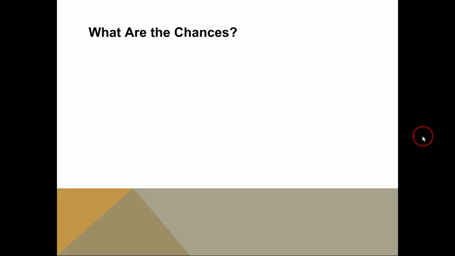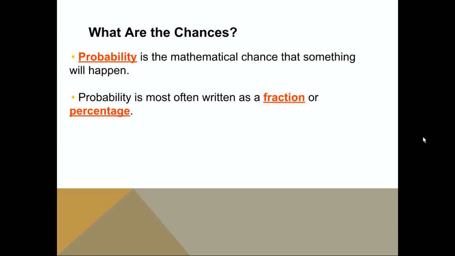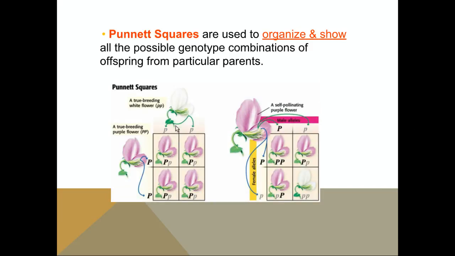What are the chances? So probability is the mathematical chance that something will happen. And the probability is most often written as a fraction or a percentage. Punnett squares are used to organize and show all the possible genotype combinations of offspring from particular parents. So if we look at